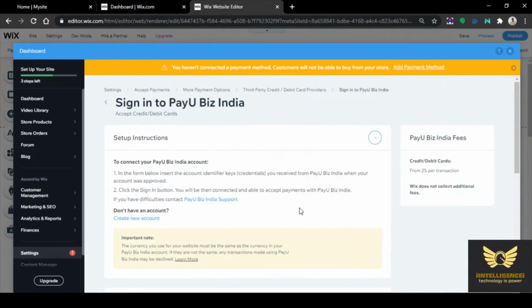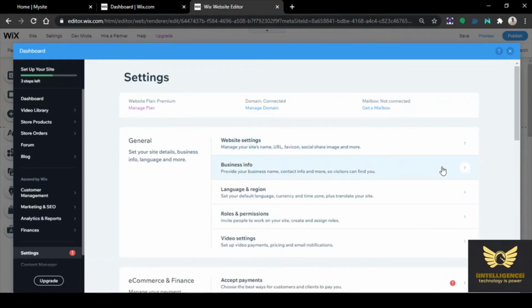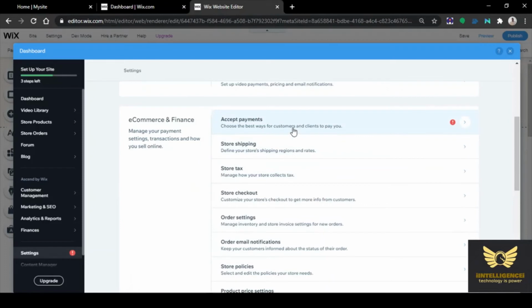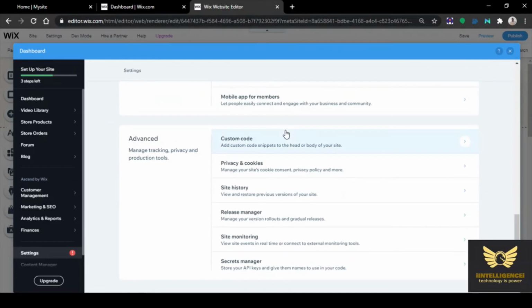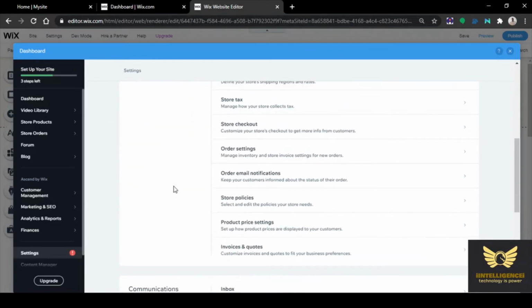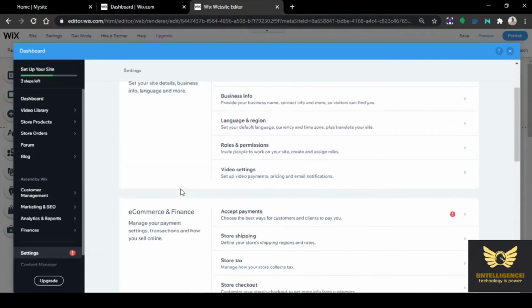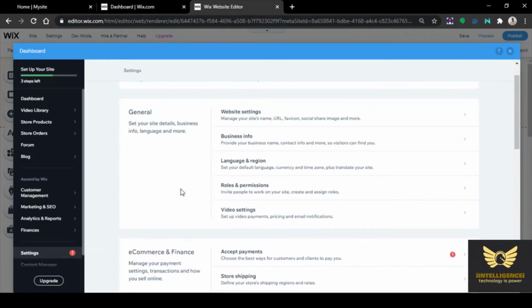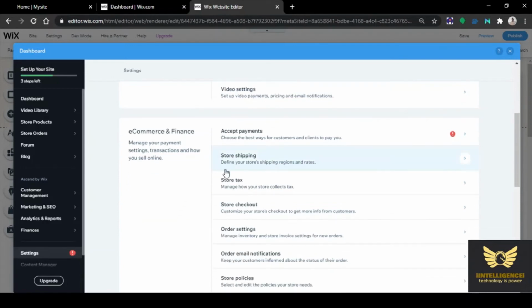So we will do this payment setup later on. We need the GST and other details in order to activate the payment gateway. So for the time being, in this video we are unable to activate the payment gateway. In later videos we may upload how to activate the payment gateway. The client has already applied for the GST. So once we receive the GST number, only then can the payment gateway be activated.